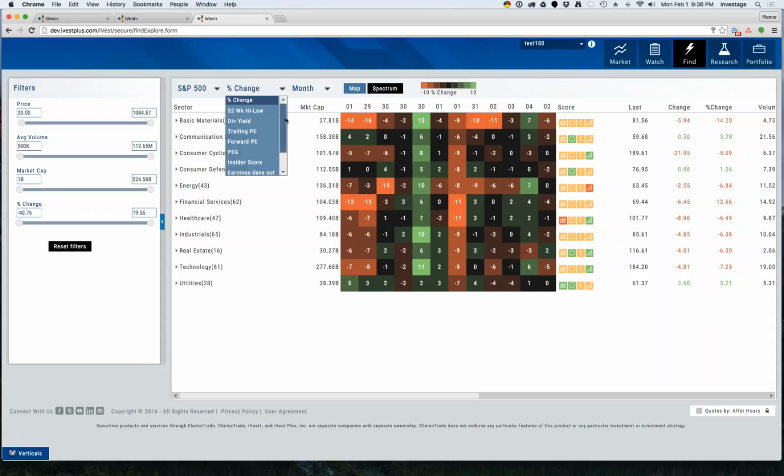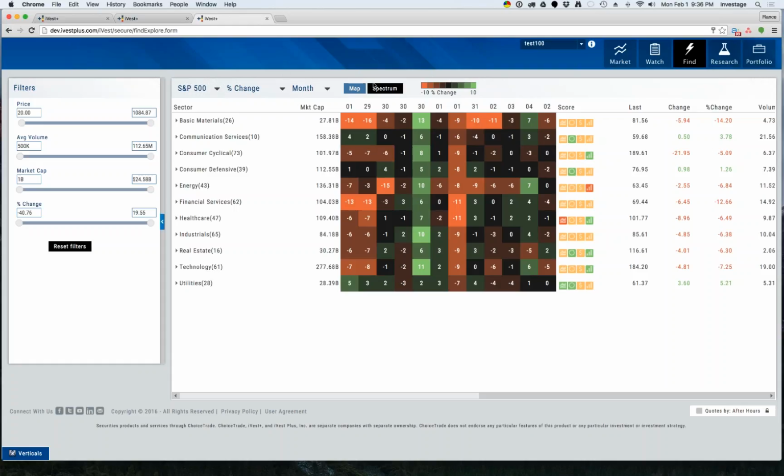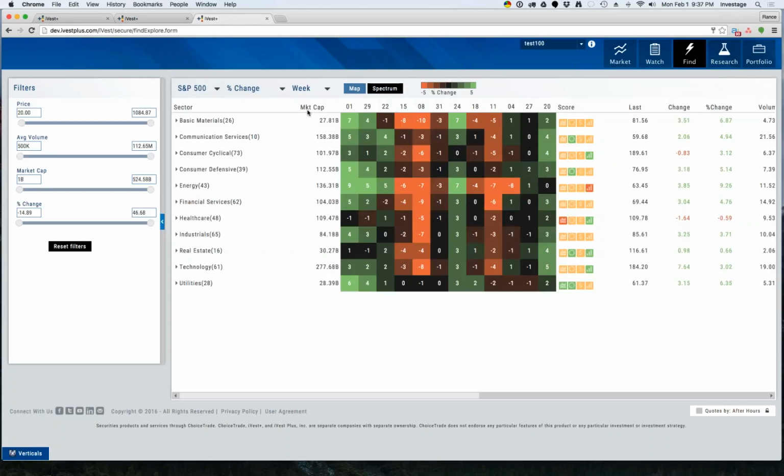You can look at high and low PE, PEG. I can look at stocks' implied volatility, changes in implied volatility, days to next earnings report. A lot of ways you can look at this information. I'm going to stay on percent change right now. And what you're seeing here is each of these columns represents whatever period of time you've selected. And I'm actually going to go to the 1 week for a moment, because what you'll see here is